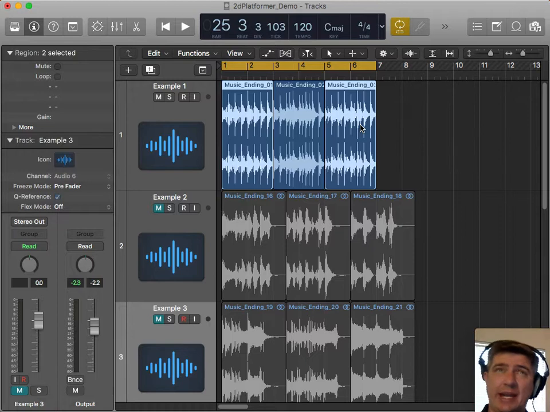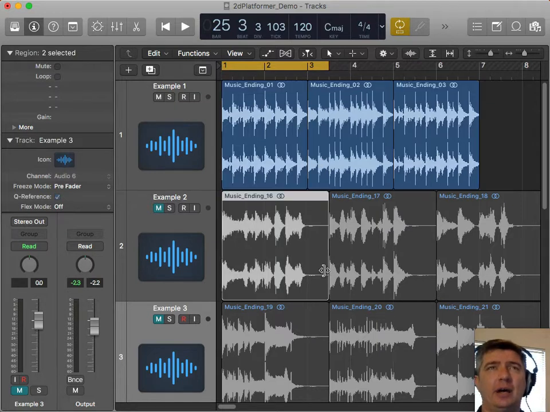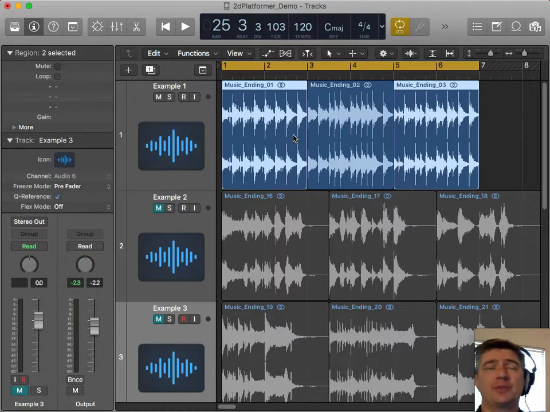First and foremost, endings need to end. Notice that these really don't end. They're going to get cut off at the very end. These down here have a little bit more tail to make sure they reach silence before they get cut off. So endings need to resolve. They need to take the energy and power from the main loops and bring it down and resolve it to a nice resolution or ending. Here are 3 endings.